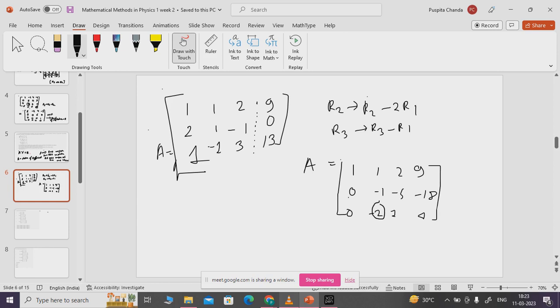Now we need to make this minus 2 zero, and for that the command will be R1 will be R1 plus